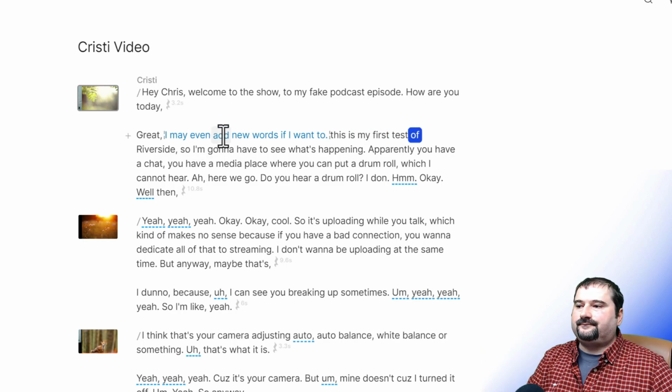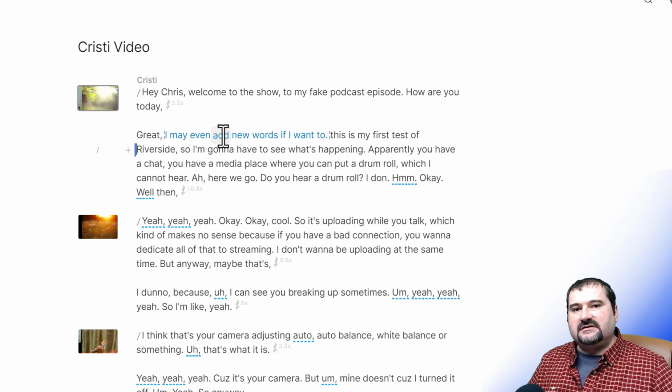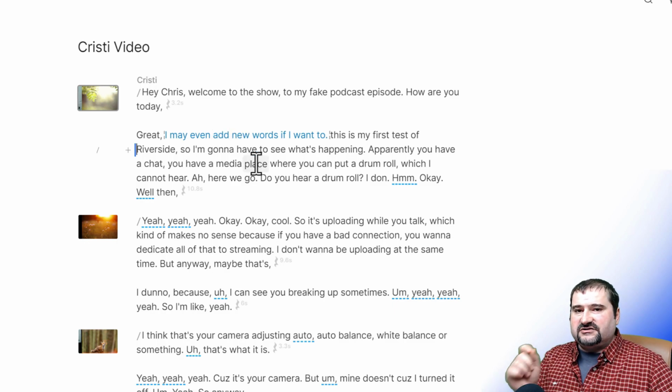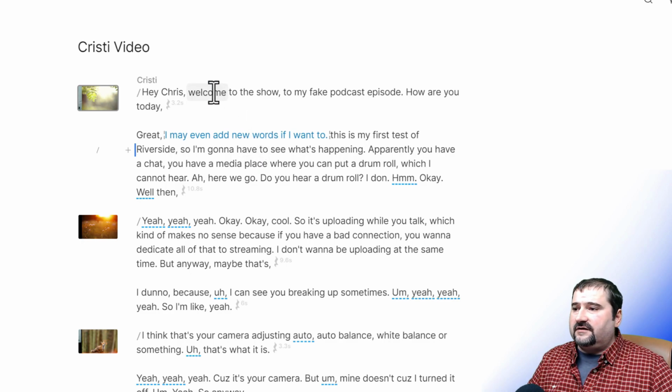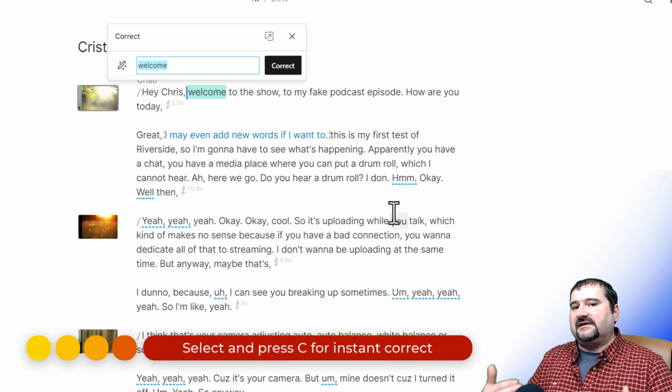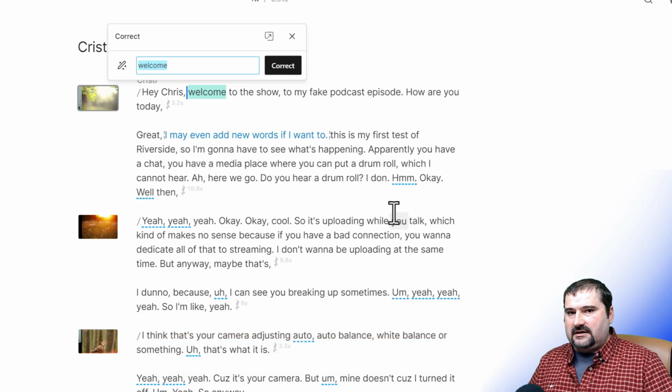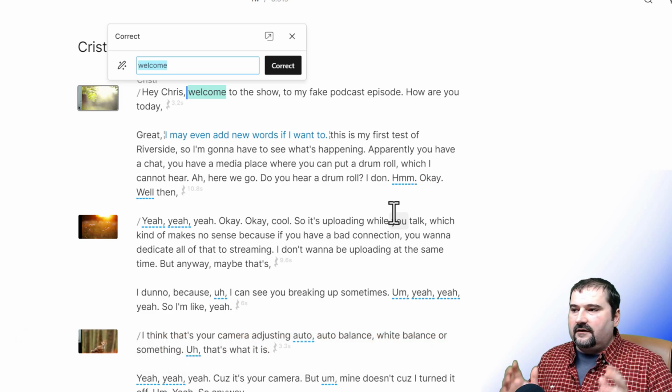This is my first test of continue making edits in the other mode. So it feels like there's three modes now to edit. It's really two, but the correct mode is different, accessed differently. And if you want to make just a change to a single word without switching these modes, you can still do this. Double click the word you want to correct, and you can either use this bar to trigger the correction dialog or just press C. And when you press C with a selection, it will open that selection for editing right there, just like the E key was doing in the classic version. So I hope this makes sense.